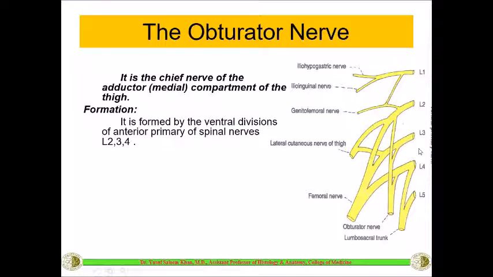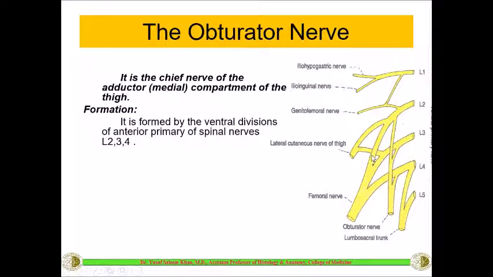So dorsal means posterior. Even though the femoral nerve supplies the anterior compartment of the thigh, because the limb has rotated and the posterior compartment of the arm is compared with the anterior compartment of the leg, the nerves from the posterior compartment, the dorsal nerves, will be actually supplying the anterior compartment of the thigh.